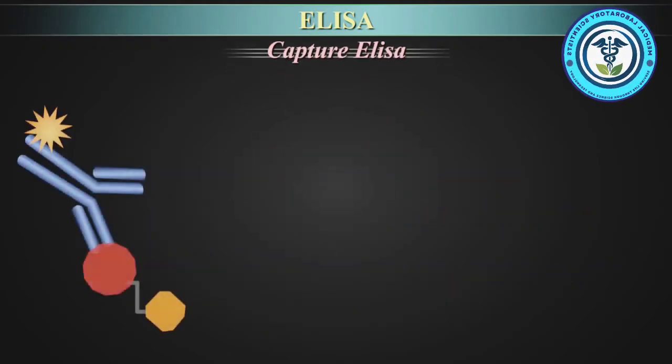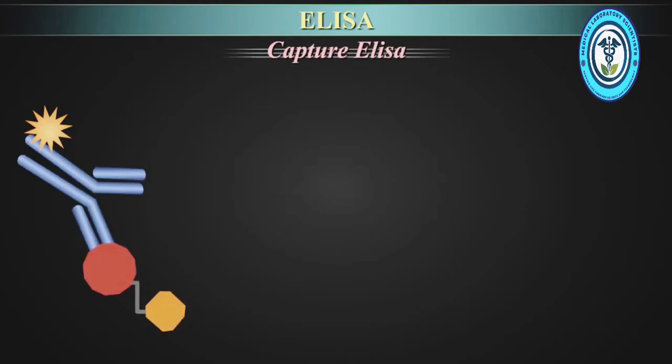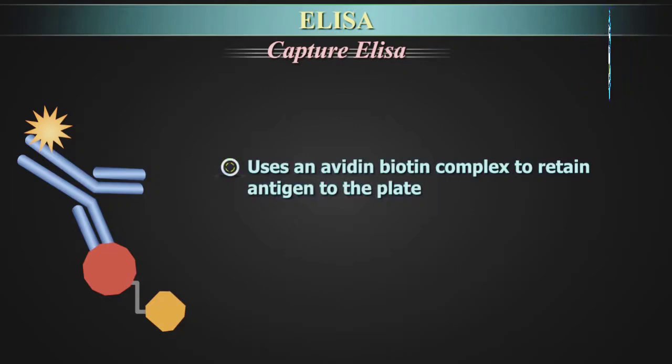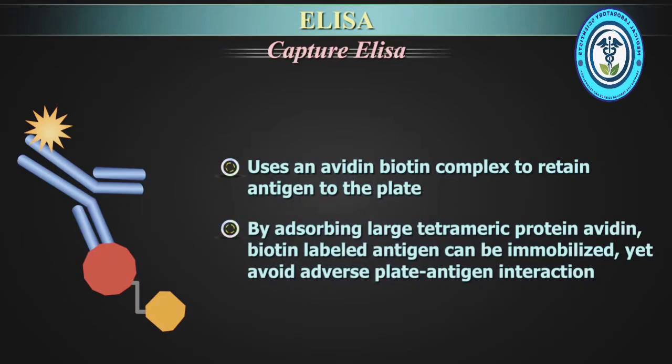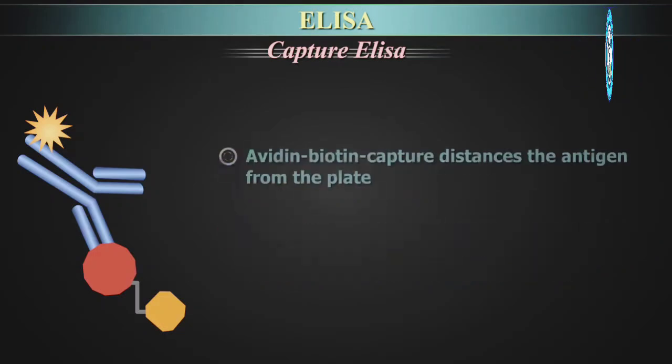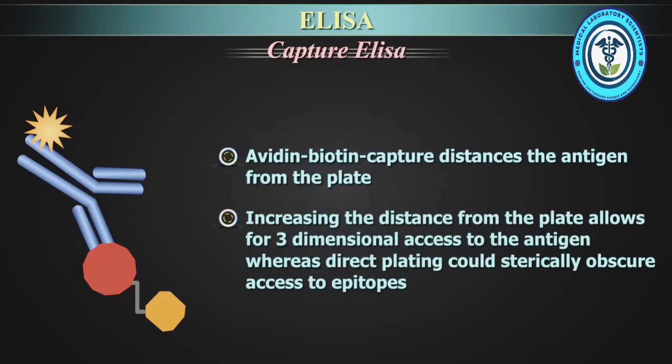Capture ELISA. A similar technique to sandwich ELISA is a capture ELISA, which uses an avidin-biotin complex to retain antigen to the plate. By adsorbing large tetrameric protein, avidin-biotin labeled antigen can be immobilized, yet avoid adverse plate-antigen interaction. Additionally, avidin-biotin capture distances the antigen from the plate. Increasing the distance from the plate allows for three-dimensional access to the antigen, whereas direct plating could statically obscure access